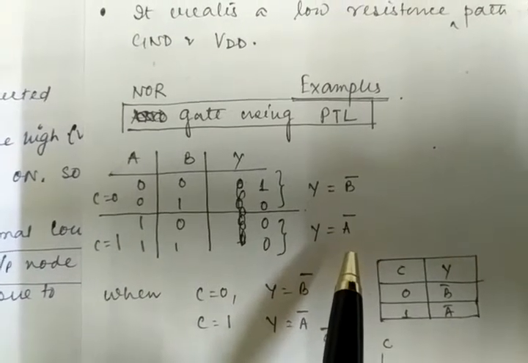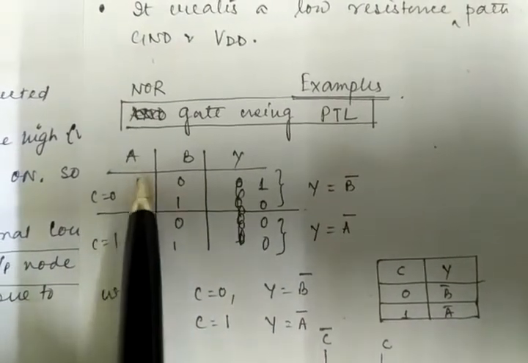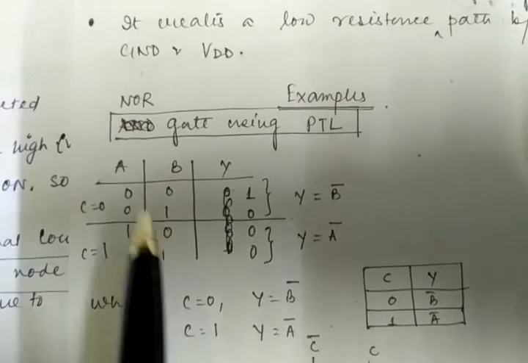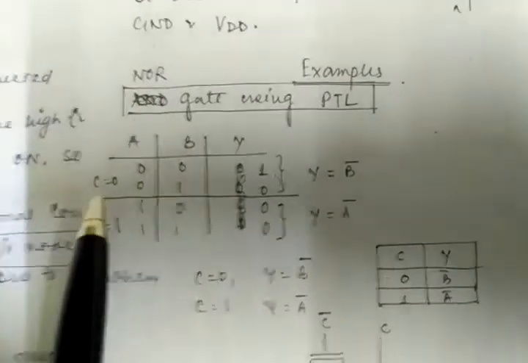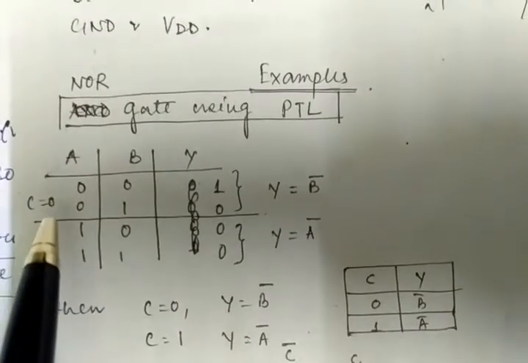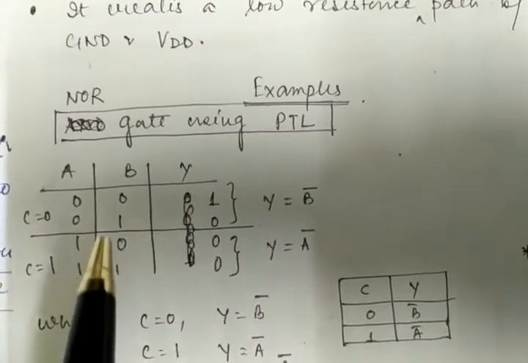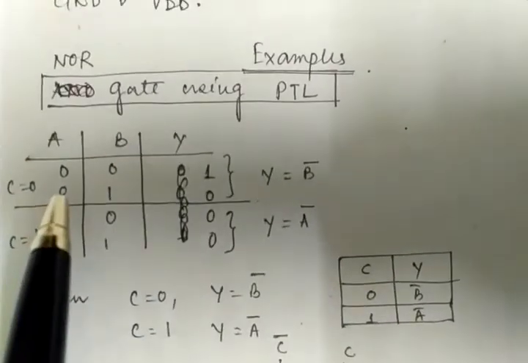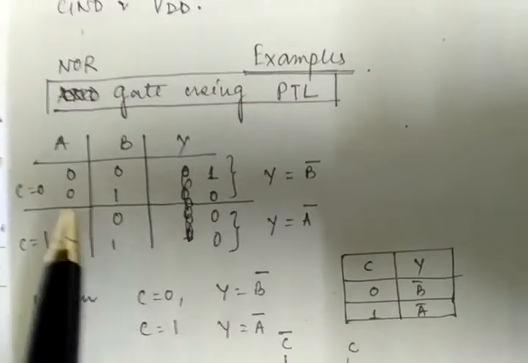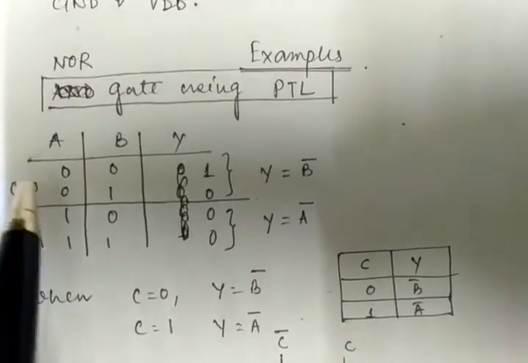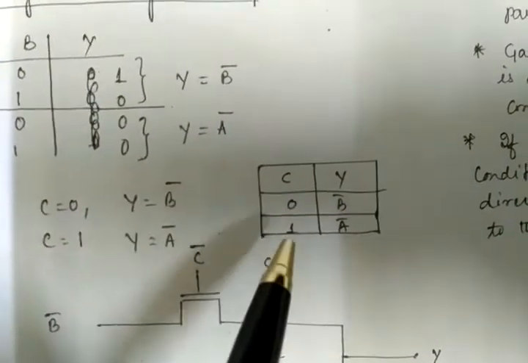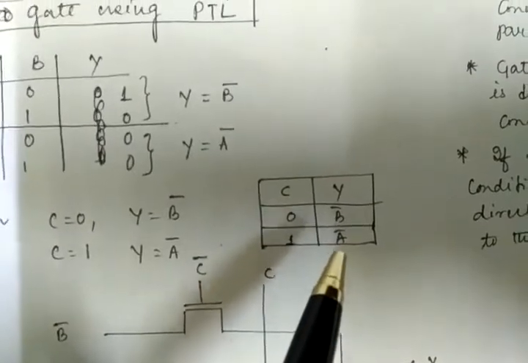But when we get B bar and A bar, please see that in the upper section both values of A are the same, 0 0, and in the lower section both values are 1. So we can use this A as the controlling parameter. I have assigned a node name, C equal to 0 and C equal to 1, but you can also write A. For simplifying the design, I have included one new parameter, C equal to 0 and C equal to 1. So how have we reduced this truth table? In this way: whenever C equals 0, we obtain Y equal to B bar, and whenever C equals 1, we obtain Y equal to A bar. Clear?